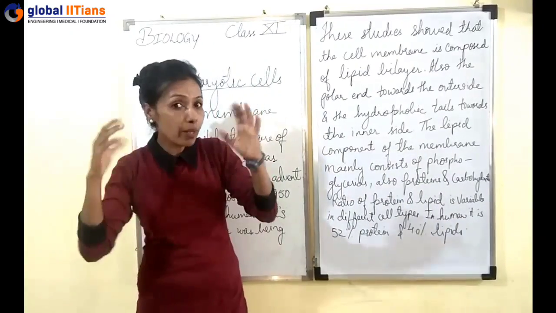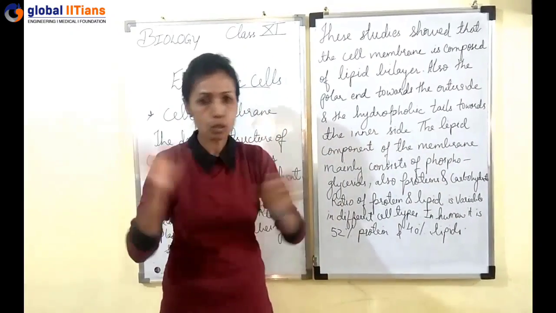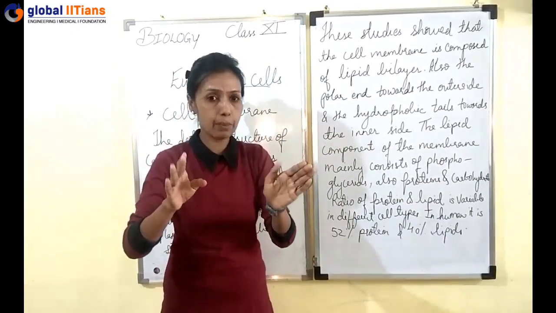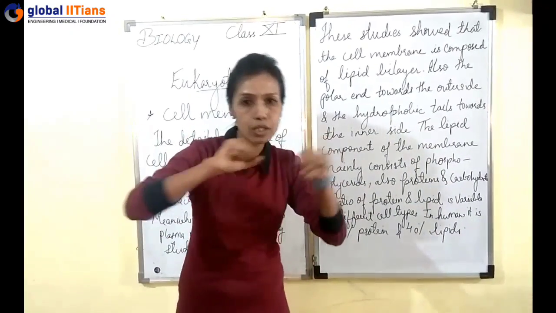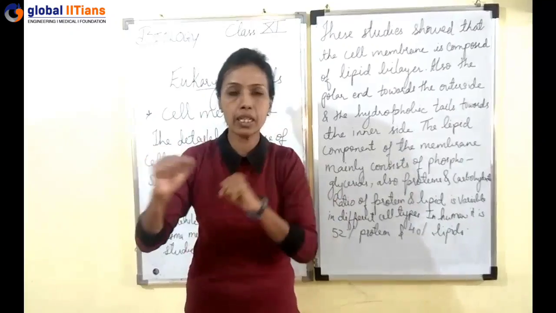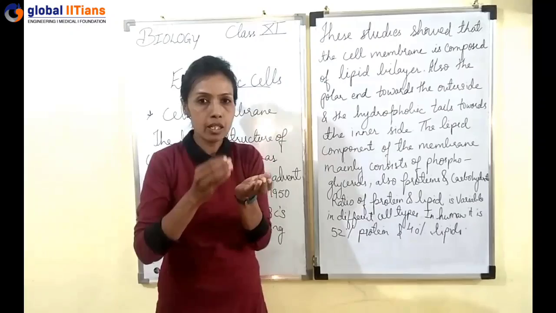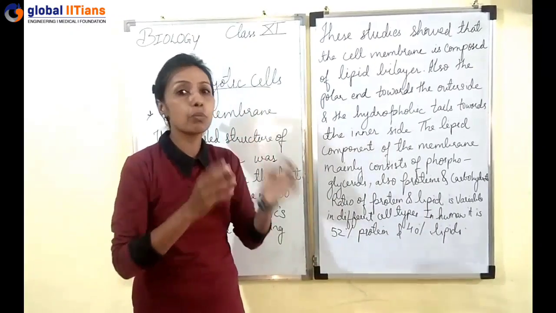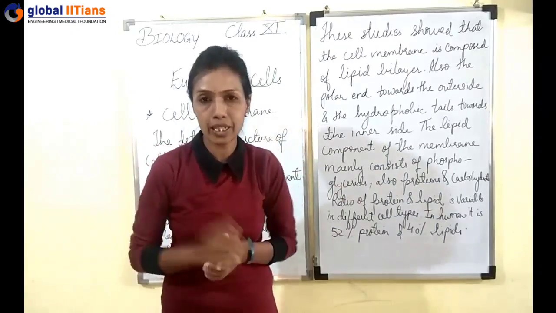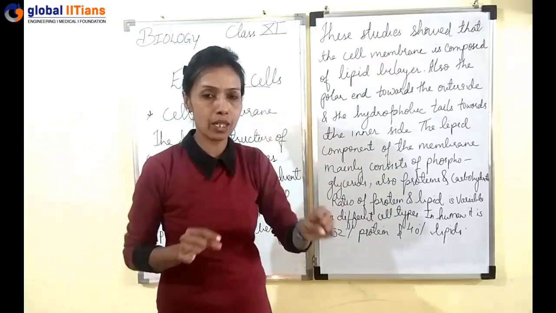Now students, you may have a question: ma'am, 50 plus 30 equals 80. Please keep it clear: we are not doing any addition of digits here. The two subunits of the ribosome, with their protein content, are not added digitally. The 70S is nothing but its sedimentation coefficient. It was found by Sir Svedberg. It is the Svedberg unit, and S stands for that. So 50 plus 30 won't apply here.